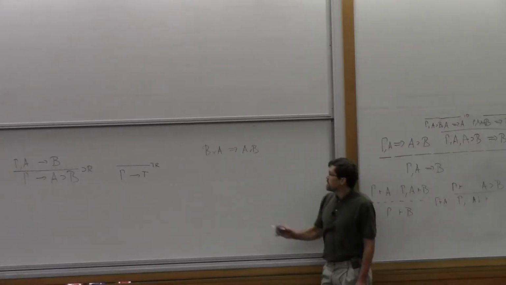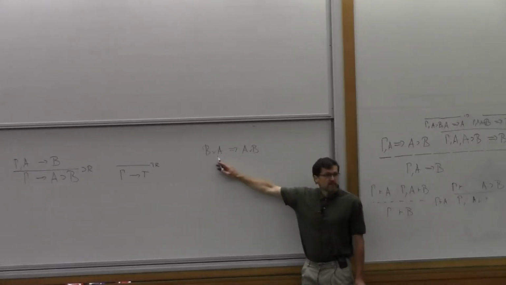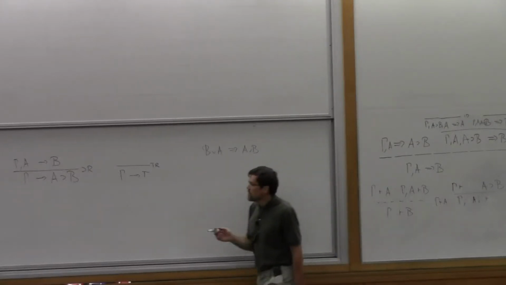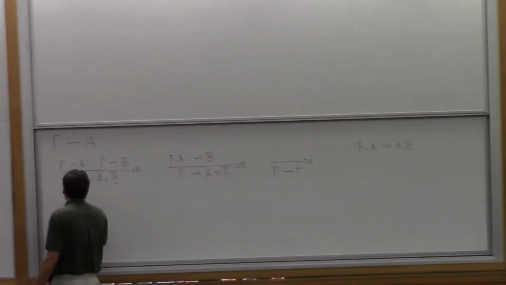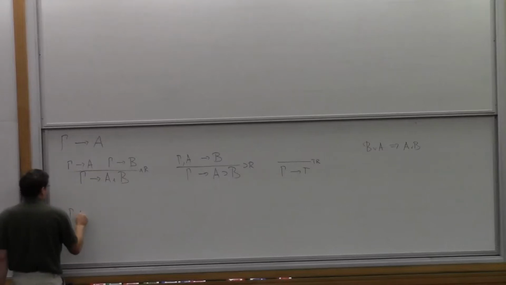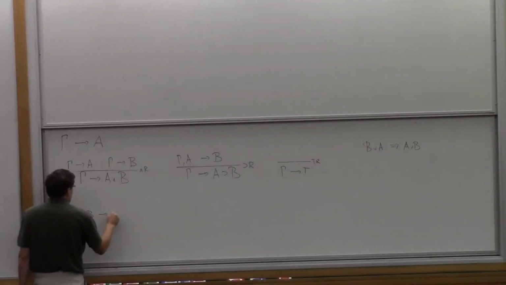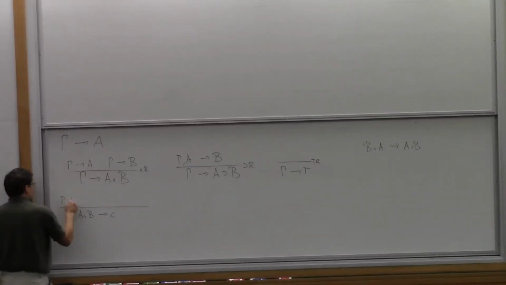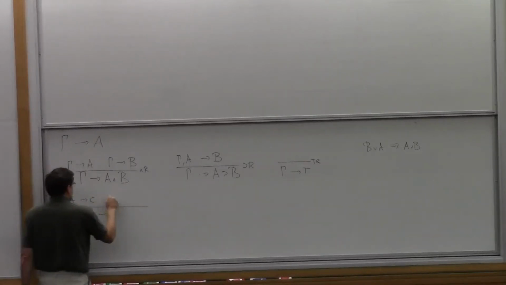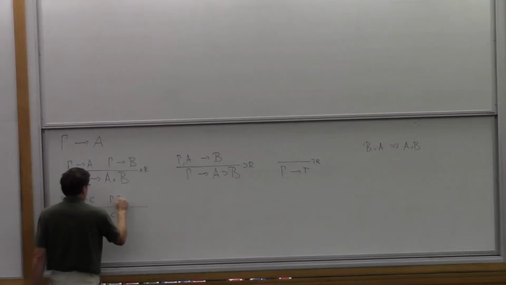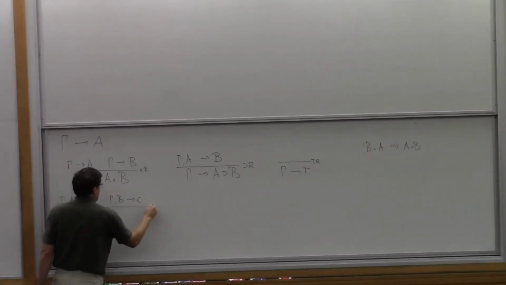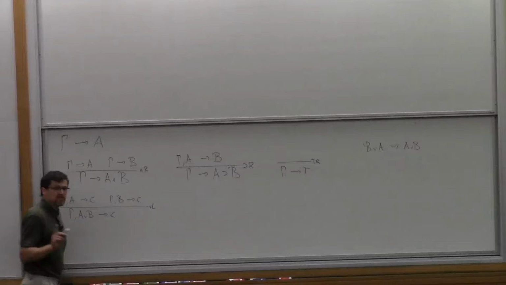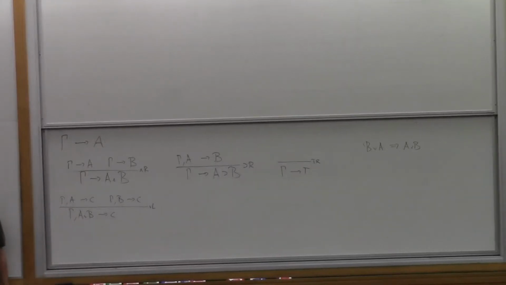Now, fortunately, the left rule for disjunction is invertible. We can always distinguish cases. So if we have gamma, A or B, and we try to prove C, what we're going to do is distinguish the two cases. And here we make the first change to the system we had before. What is this change? Anybody remember the sequent calculus from yesterday?